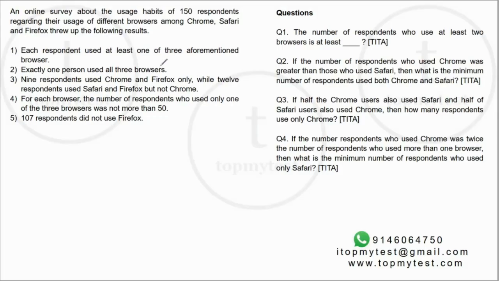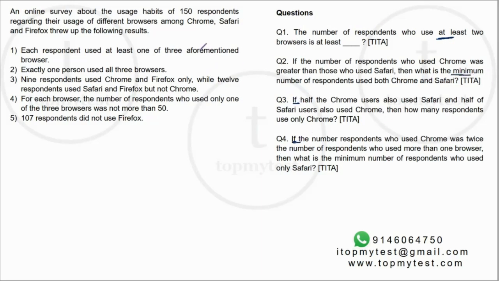So this set basically is very straightforward in the beginning, because you know exactly what this set is about. You know it's going to be about Venn diagrams. You also know it's going to be optimization. There is very little data, so obviously you cannot figure out all the values. The questions give you a lot of hint, like for example, at least, what is a minimum. This one is if and if.